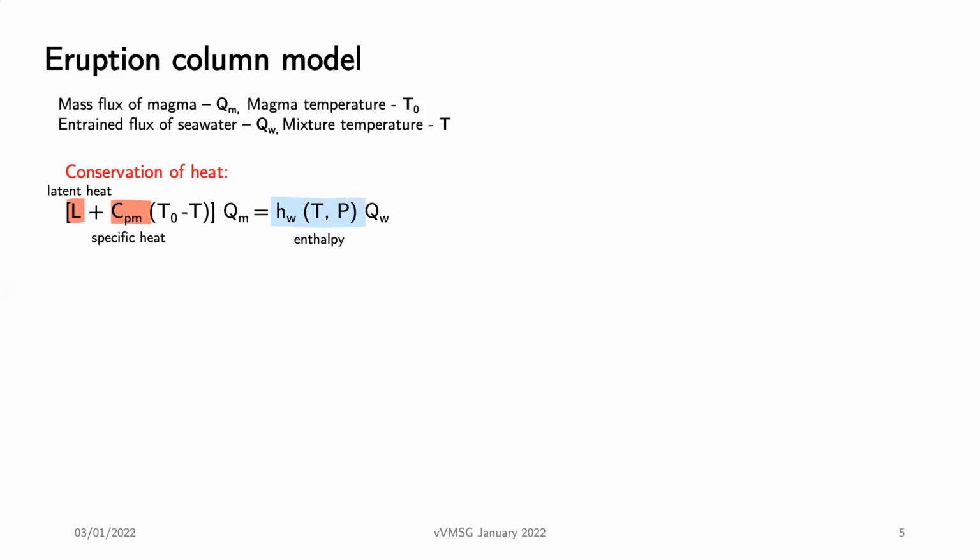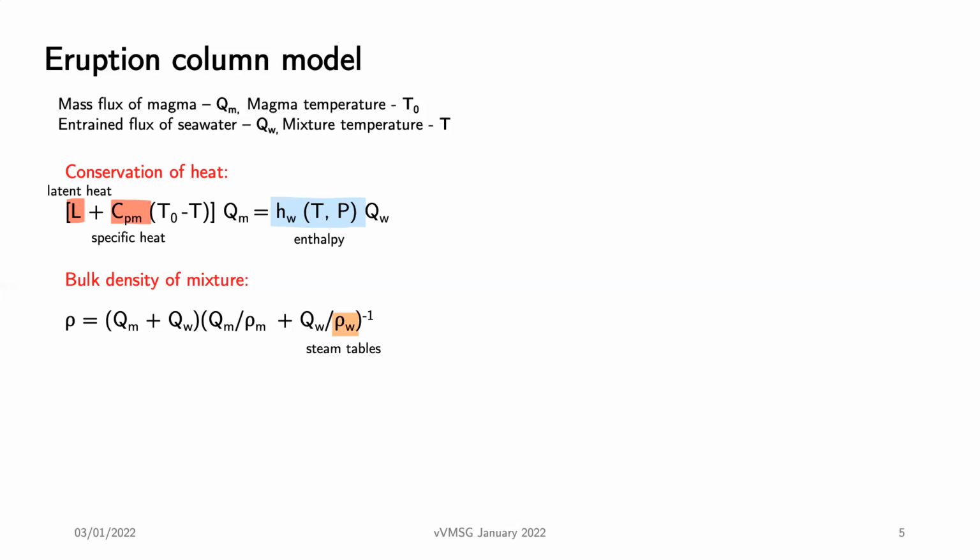We also assume that the mixture cools below the solidification temperature of the molten magma, and therefore the density of the water-magma mixture is given by this equation, where ρm is the average density of the magma, and ρw is the density of the hot water. To estimate the density of the hot water as a function of pressure and temperature, we follow the values in the steam tables. And these account for the change in phase from liquid water to vapor at high temperatures and